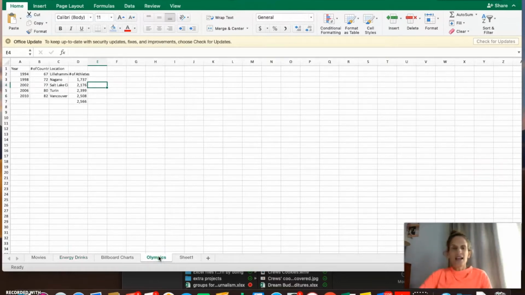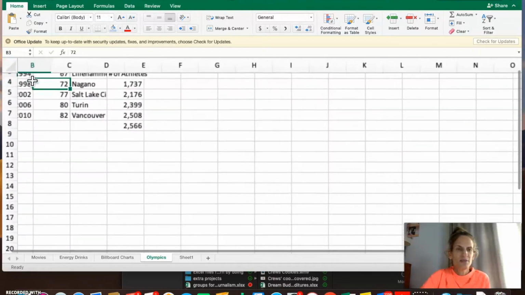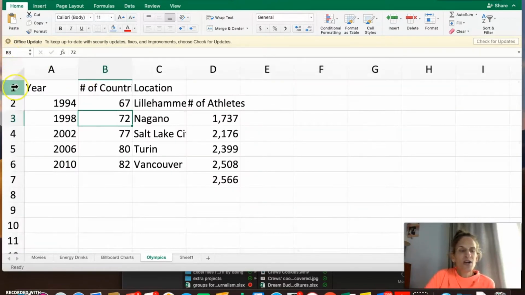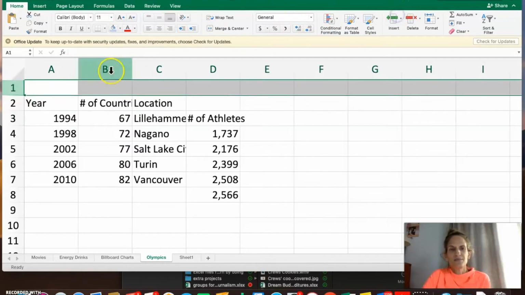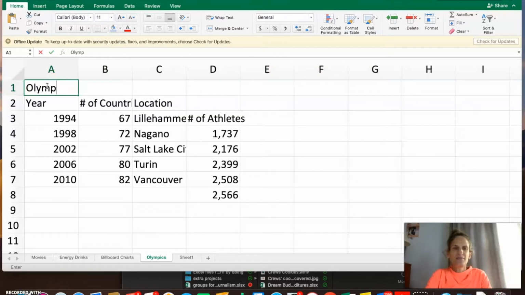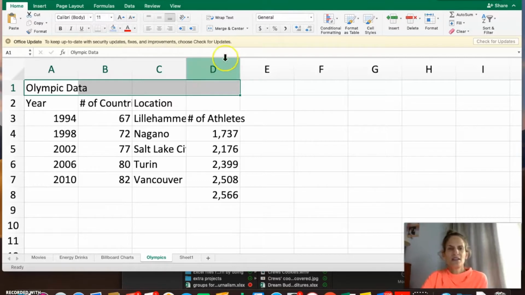All right, so we need to add a title here to this information. I'm gonna zoom in a little bit. So we're gonna select row 1, over row 1. It gives us that thick black right arrow, so I'm gonna click that. Go to Insert, type Olympic. When you press Enter, you seal that, then it allows you to do some editing. So select A1 through D1, click Merge and Center, bold it,